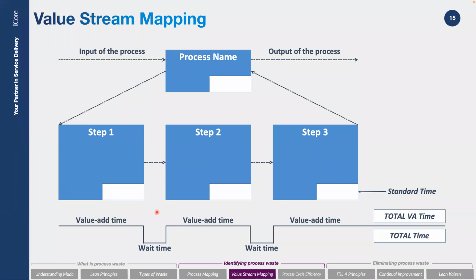And where you might get this information, and it's another term that they use in Lean, is called the Gemba walk. That's about getting down on the shop floor, so to speak, going to see the people who are using incident management, going to the service desk. Gemba means go see. What that means is you go to the service desk and ask, how long does it take you to do this? How long does it take? And observe them and find out and get rough times for these.